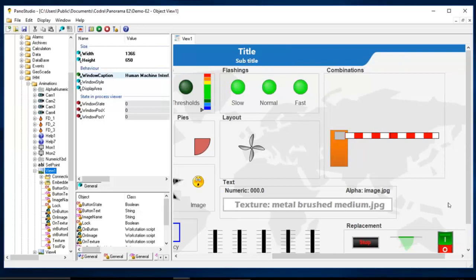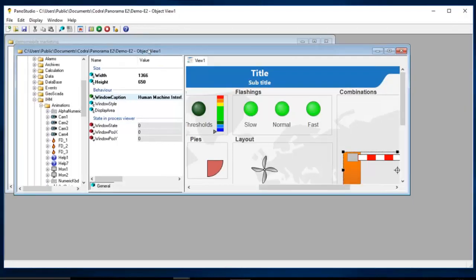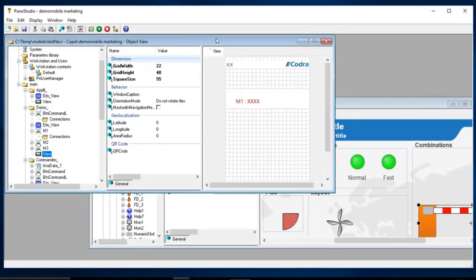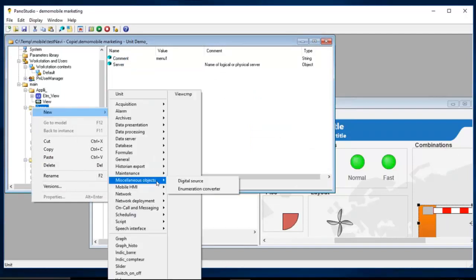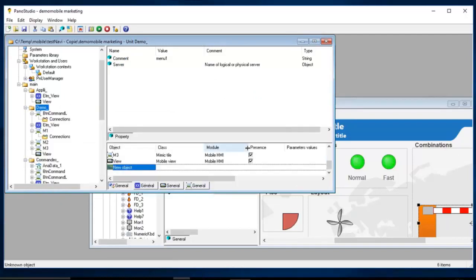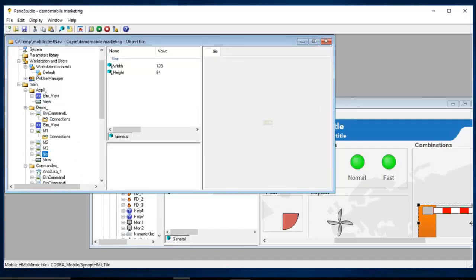viewer HMI, and it's really easy to build mobile HMIs according to existing mimics on the sync client behavior. So I just have to select a behavior, I copy the object, and all the behavior except the blinking behavior, except the external HMIs, embedded HMIs, in my new tile like this.